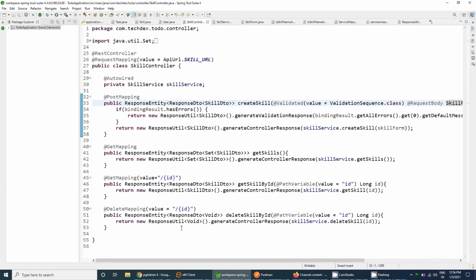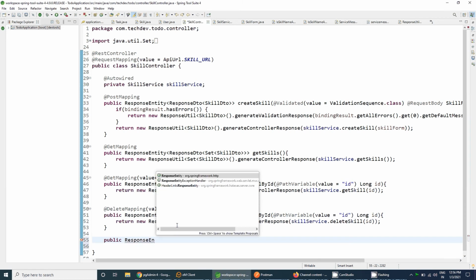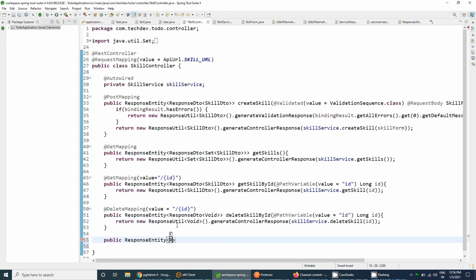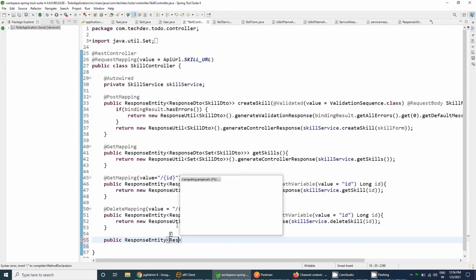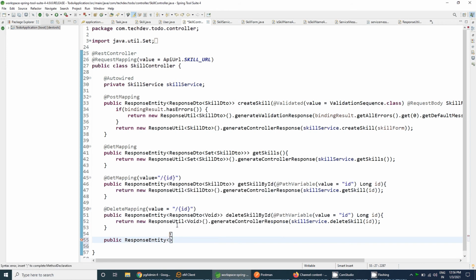So let's start. First of all, we need to create a put mapping method. So the response entity, and after that the response DTO, and the response DTO will contain the skill DTO, the return type, the updated object of the skill entity, and the method name will be update skill,